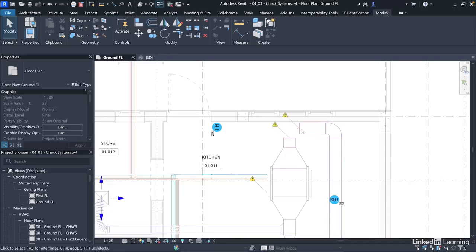So this can easily review when you have disconnects. So this is another way that you can use this tool. So you can always use the trim tools, or you can fill in the gap with a pipe or duct. Depending on the scenario, you can always correct whatever disconnects you have in that place.